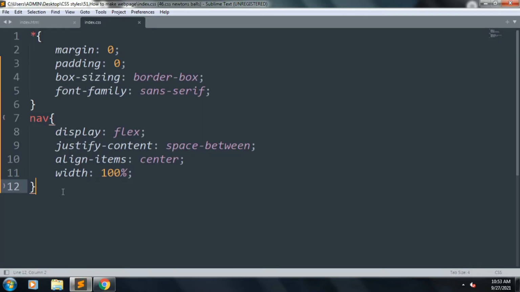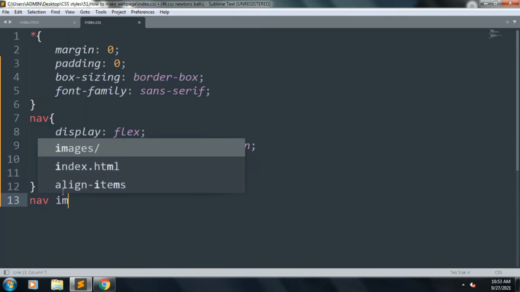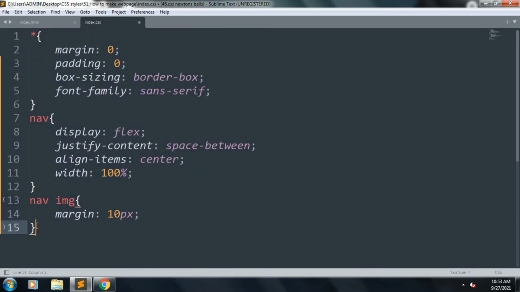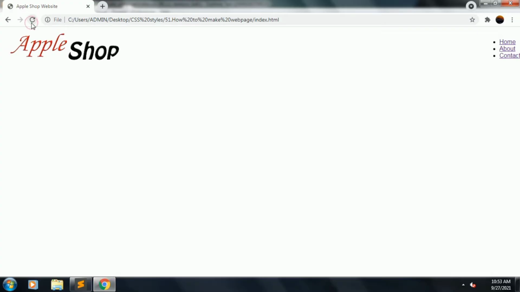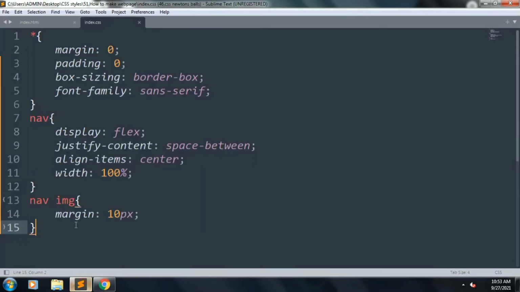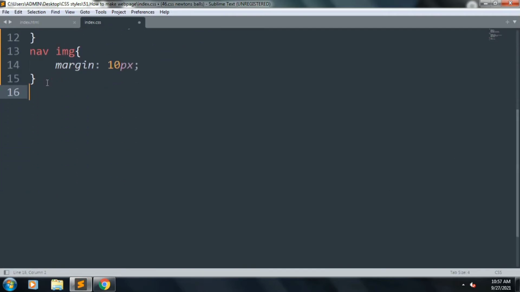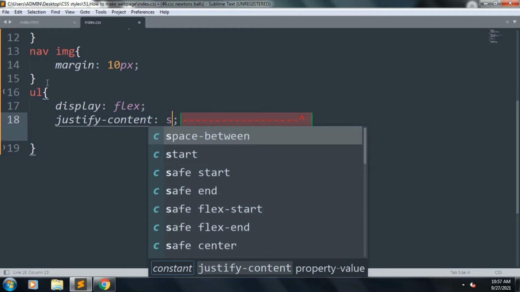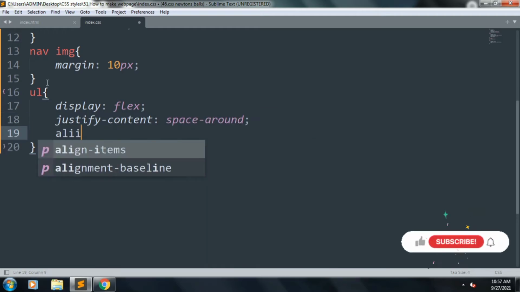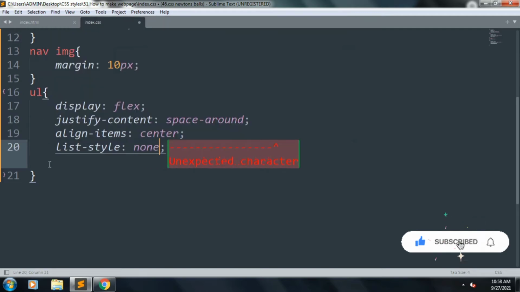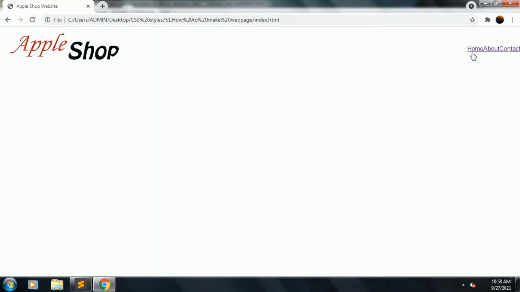Let's start to style our logo. Nav image, inside this margin 10 pixel. Refresh. Now you can see the logo got some space. Next we want to style UL. Inside this display flex, justify content space around, align items center, list style is none. Save the file, refresh. We want to style this text,